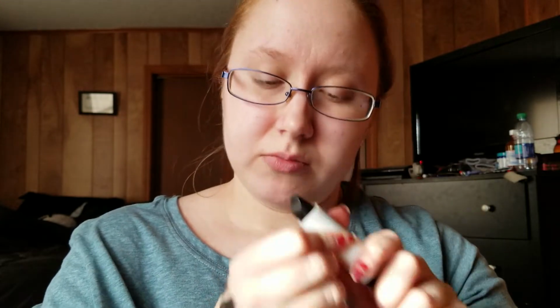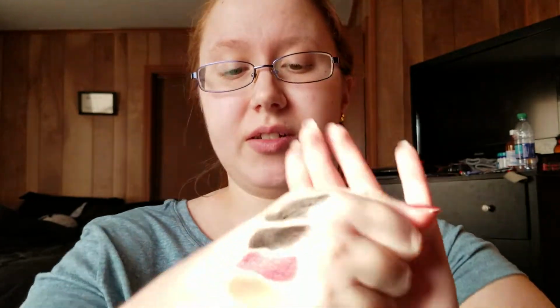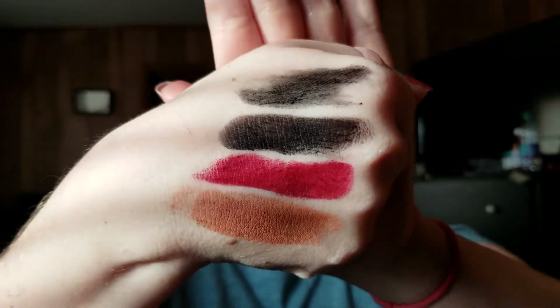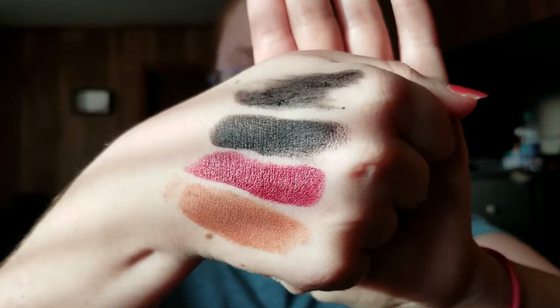This one smells like licorice. But this one definitely was a little more sheer. This one does not smell like licorice, but the other one definitely does. So that one is the one on the top, and as you can see, it's definitely a little patchier, a little less opaque. I am going to go ahead and clean off both of my hands